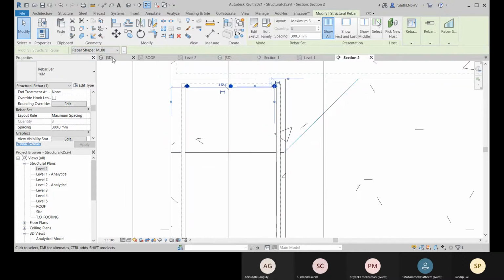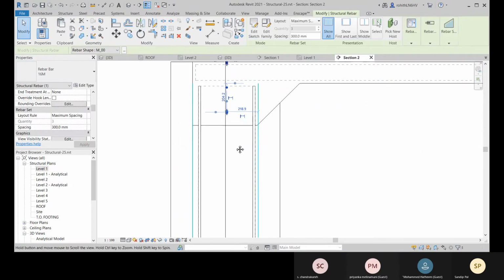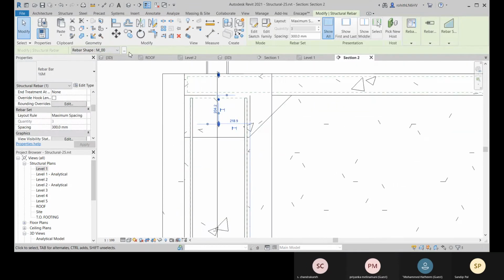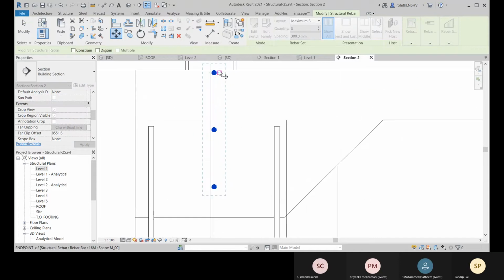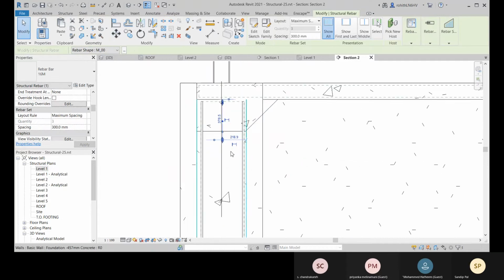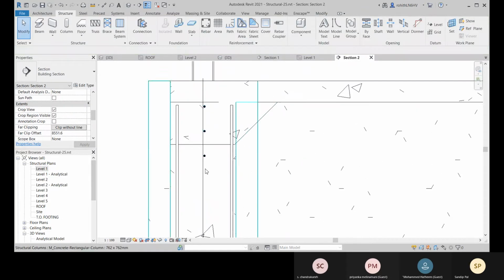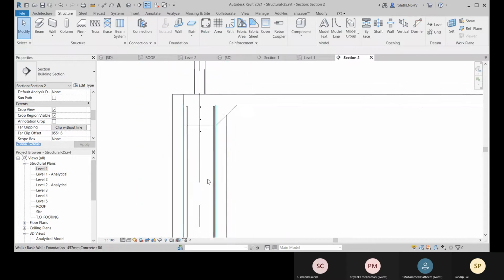Okay, and suppose you need to place this, you can do this also, like this you can place it. Like this way you can place all of them.